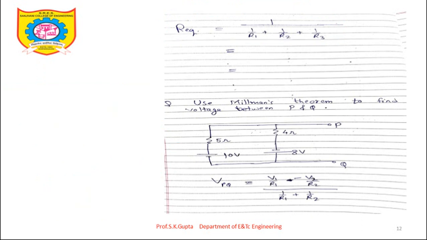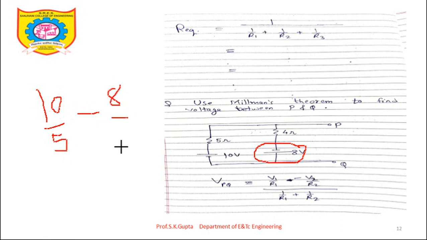Now let's see one more example. Use Millman's theorem to find the voltage between P and Q. So these are parallel voltages. We have to convert into one voltage. Okay. The formula for voltage is V1 by R1 minus V2 by R2, because here the polarity is minus to plus. Okay. So V1 value is 10. R1 value is 5. V1 by R1 and minus V2 value is 8